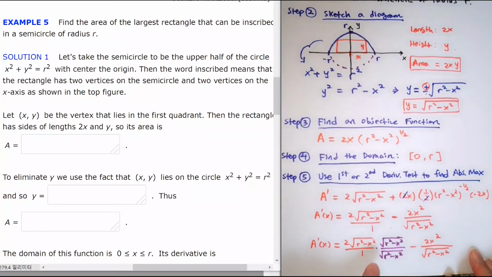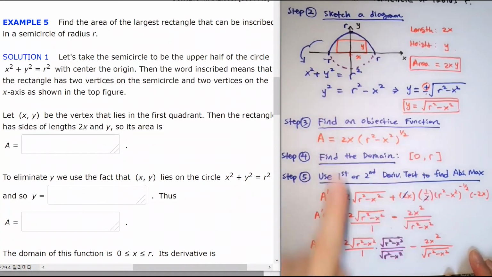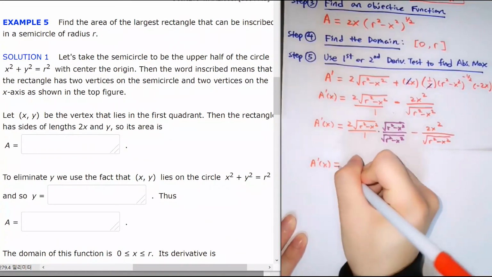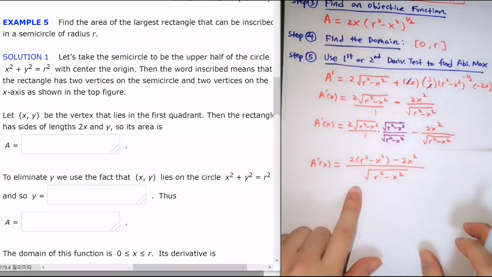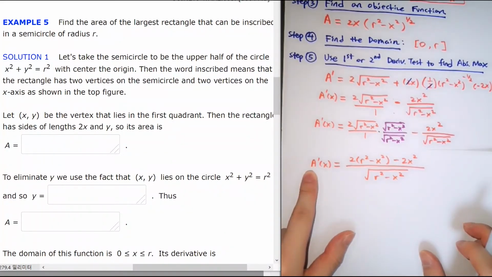And then, now we have same denominator, right? Left-hand side, right-hand side, same denominator. We can combine them together to make a single fraction. This is the single fraction that we have for the A prime of x. So combine the like terms, and we get,